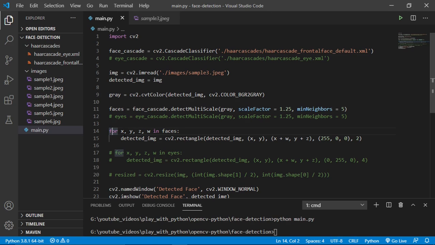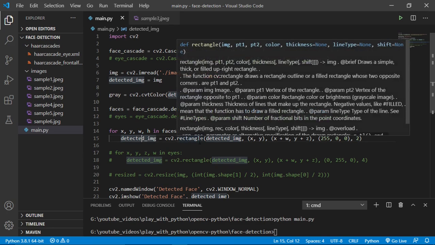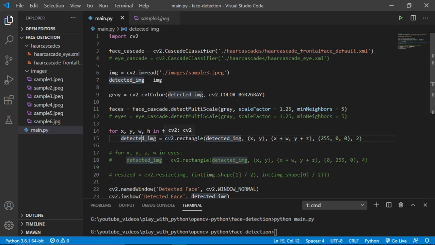As I said, first is the row number, y is the column number. So this should be my w, the width, and this should be my height, as I said. It will loop through this numpy array, and this is the function. As I said, CV2 is making our life so easy. Just one line of statement and our job is done. This is the image, the color image. These faces have returned our desired output that we need to draw that rectangle, right? And this is the colored image.